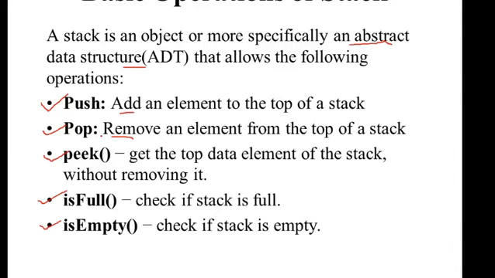So what are these functions? The peek function generally returns the top element of the stack. If you want to see which element is placed on top at the current time, you can just call the peek function, for which you have already given the code. I'll show you the code, what C function we can use to define this kind of function. The main role of this function is to get the top element of the stack. When we call this function, the top element will be returned to you.